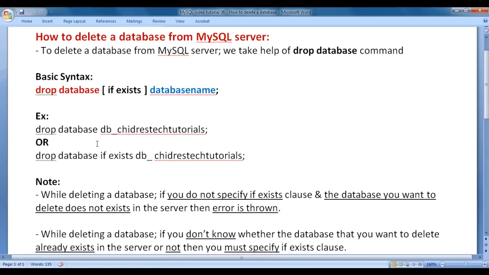In this video tutorial, I would like to discuss how to delete a database from MySQL server. To delete a database from MySQL server, we take help of the drop database command. The basic syntax for deleting a database is: drop database if exists database_name; where the if exists clause is optional. For example, if I need to delete db_chidres_tech_tutorials, all I need to type is drop database db_chidres_tech_tutorials;